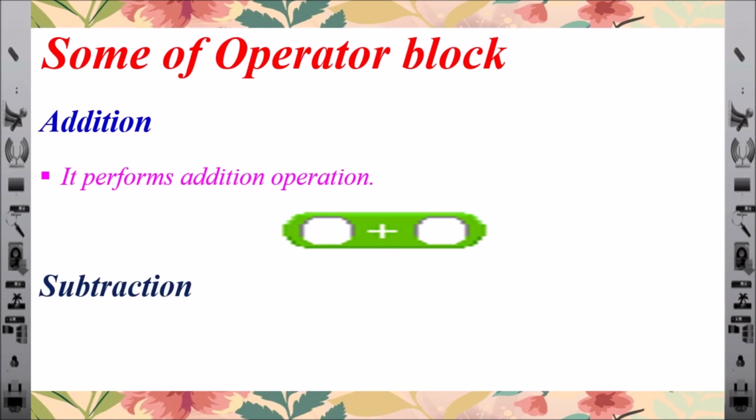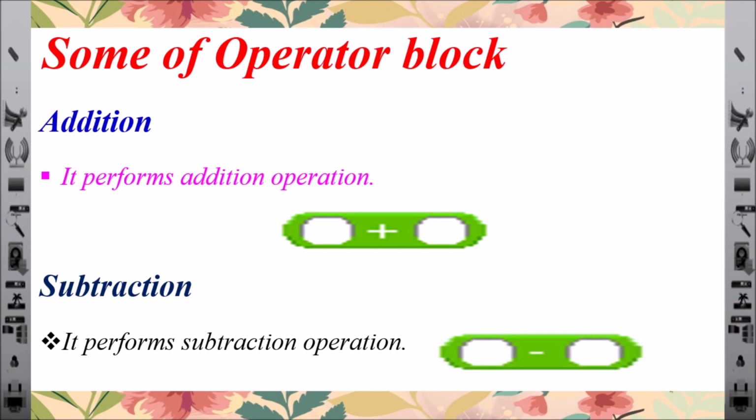If you work out the subtraction of two numbers, from the highest value to the lowest value, you apply this type of operator in your script, called the subtraction operators block. It performs the subtraction operation. This is the command for the subtraction operators block. Enter the first number on the left hand side and the second number on the right hand side.